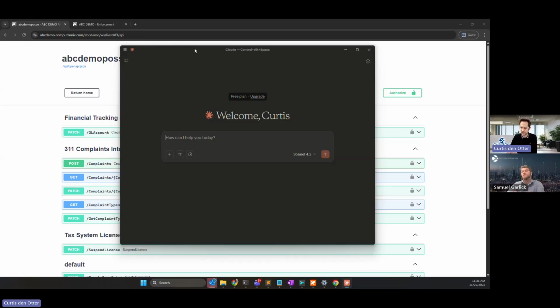So we have our REST services, the same thing that Sam was just showing us, where we have these 5 different endpoints that are tagged as part of the 311 complaints interface. And I've got Claude Desktop installed here, just on the free plan, because I want to show that from an AI perspective, I'm not doing anything special here,